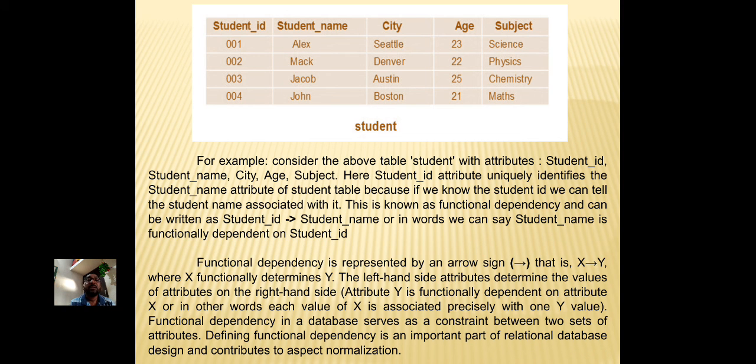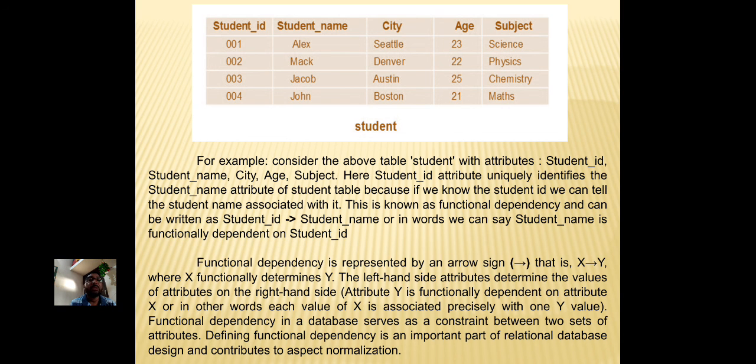Functional dependency is represented by an arrow sign, that is X → Y, where X functionally determines Y. The left hand side attribute determines the values of the attribute on the right hand side.